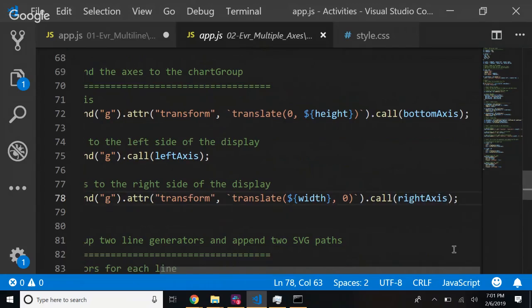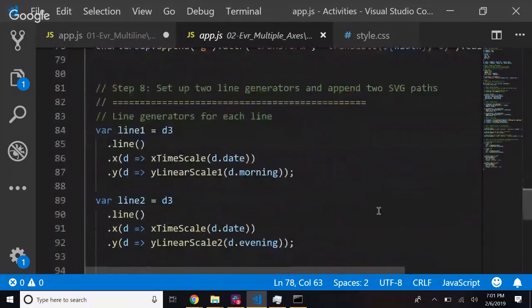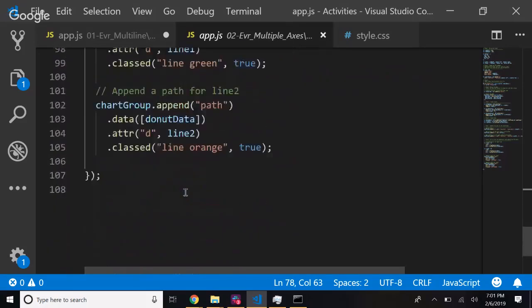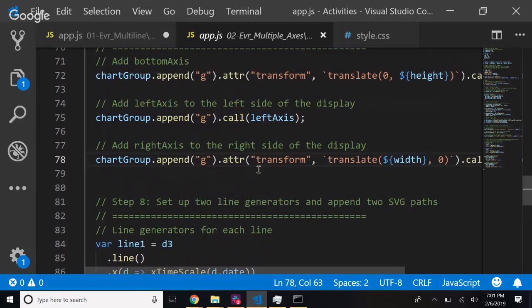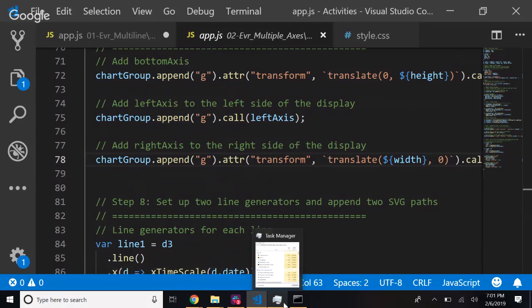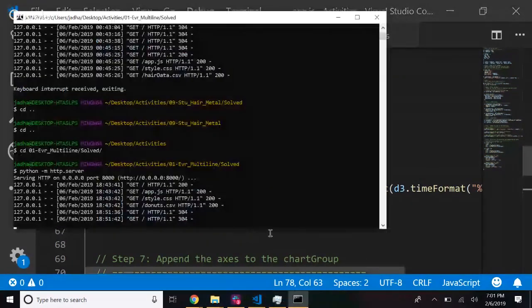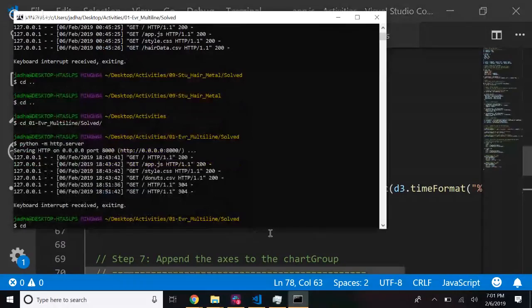Just make sure that you do width, comma 0, and then finally you need 2 lines. And that's it. So you just have 2 different scales, one for the morning, one for the evening, and then you move your axis, and you have another axis created with the new scale. What does this do, right? So if I run this,